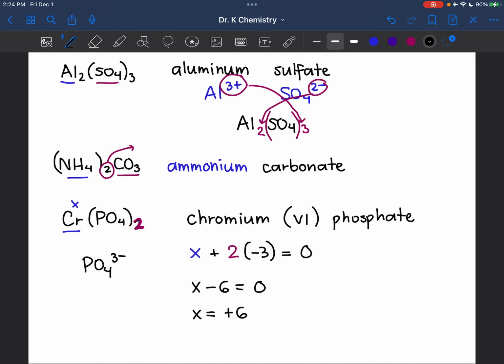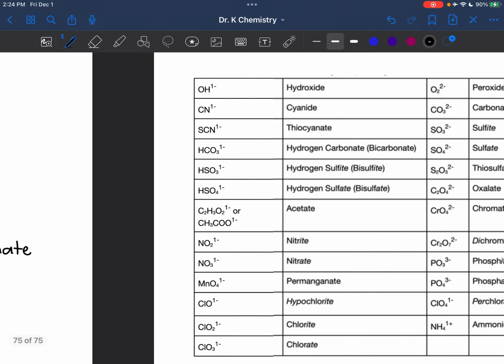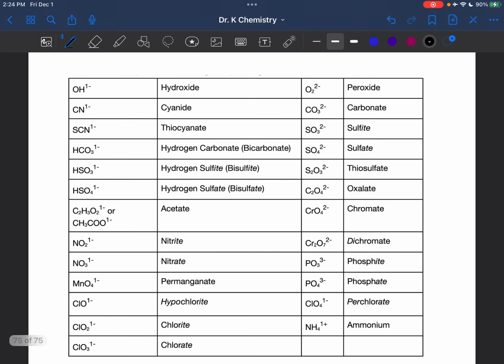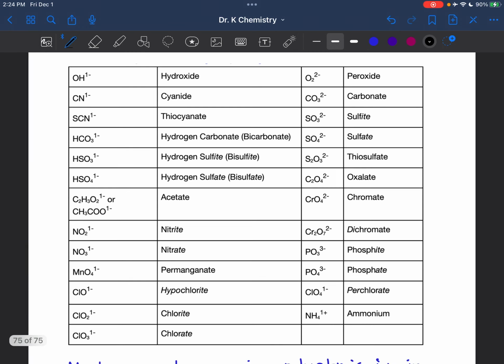So that's the process for naming compounds that contain polyatomic ions. You're really just keeping the polyatomic ion name. And if you happen to have a transition metal, use the anion to figure out the charge of the transition metal. The other thing I wanted to review is, I know this list can be a little overwhelming